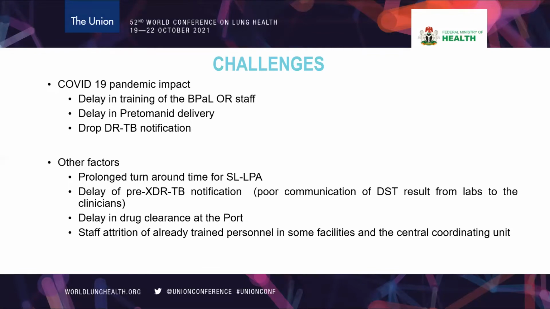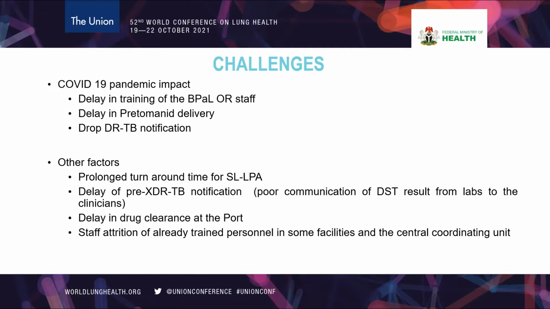Then also last year we had a drop in DRTB notification in Nigeria due to COVID. And you know that DRTB is essentially a laboratory diagnosis. So a lot of patients couldn't access GeneXpert, and because of that, we had a drop. So this also affected enrollment. Then other factors like prolonged turnaround time of second line results, some reference labs where we don't get results on time,